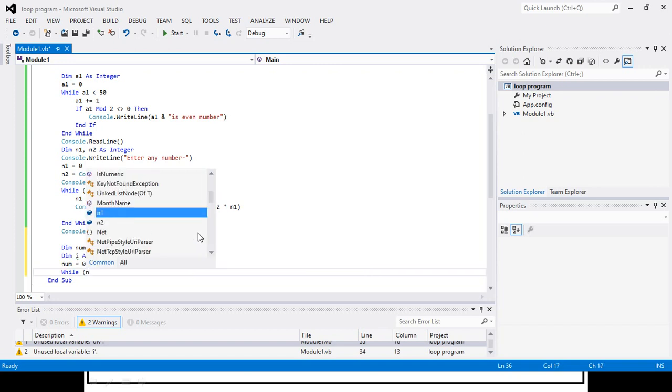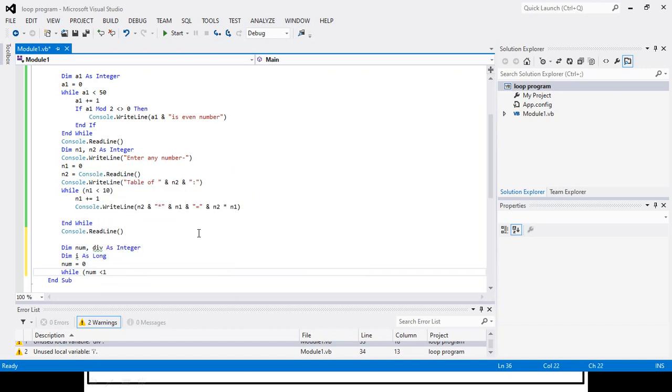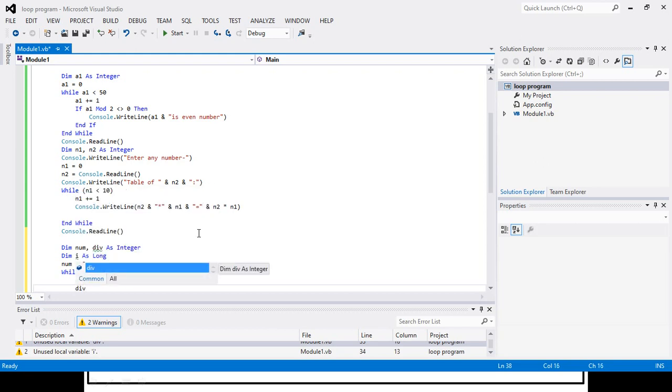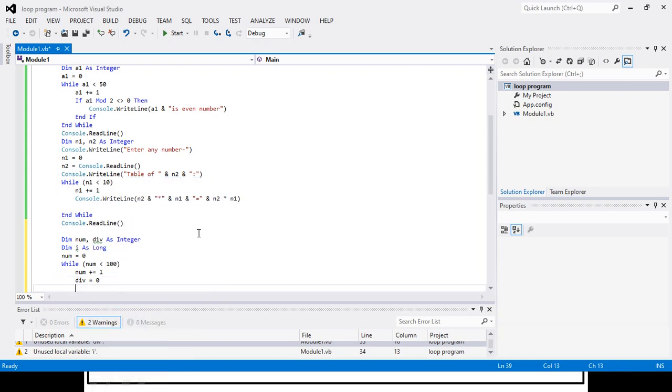The loop will check the value of num, whether it is less than 100 or not, and if it is, then I will increase the value of num by 1, and after that I will use my second variable, div, and assign some value to it so that it will start from it.